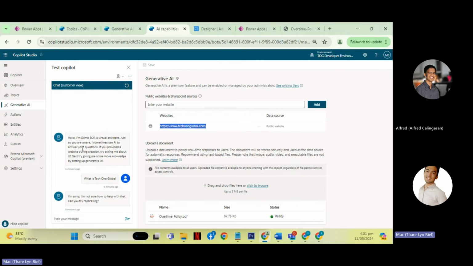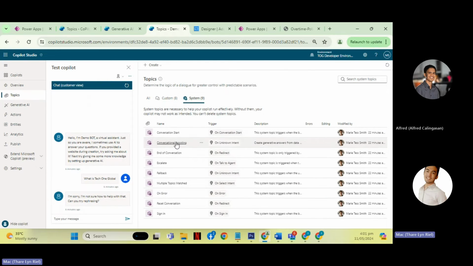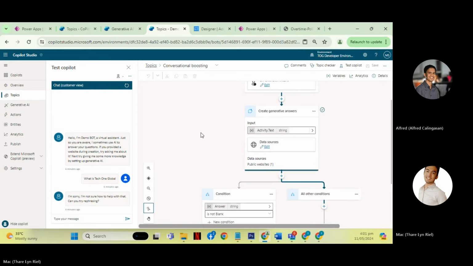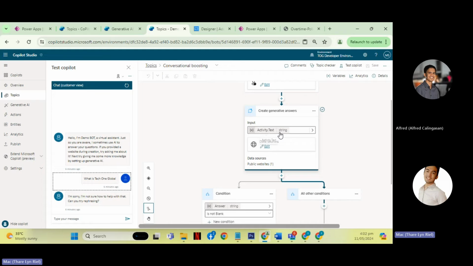So as you can see here, let's go to the error handling of the Copilot. As the data sources are not reflected on the Copilot yet, when I ask this question, it goes here, then it did not get anything.